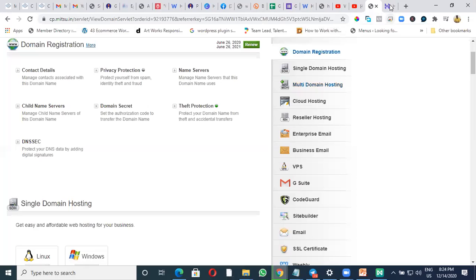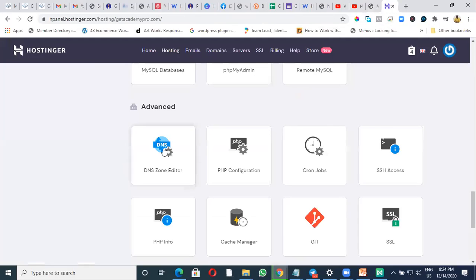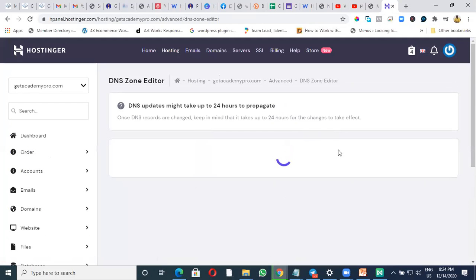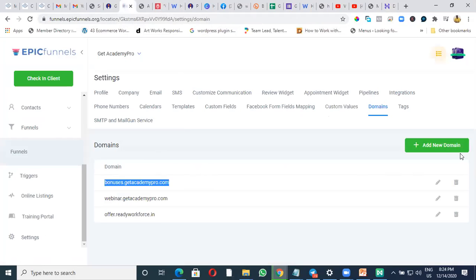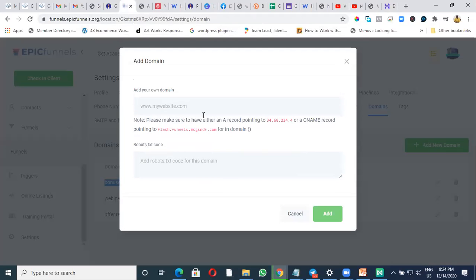If you don't have a domain and you have a hosting kind of thing also, you can always get into the DNS zone editor. And in the DNS zone editor, it is very easy. We are not getting into any complication. So if you have a domain integrated to your hosting, you will be able to find the DNS zone editor. And in this DNS zone editor, we are going to Epicfunnel and adding a new domain. So when I'm adding a new domain, for example, say Hemant dot